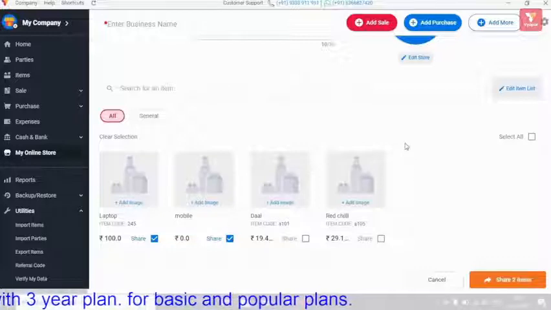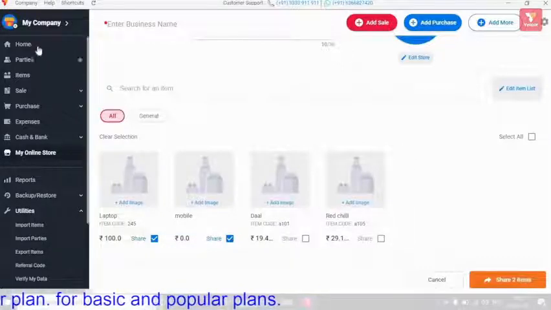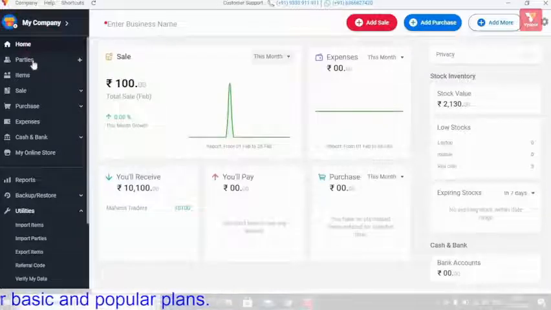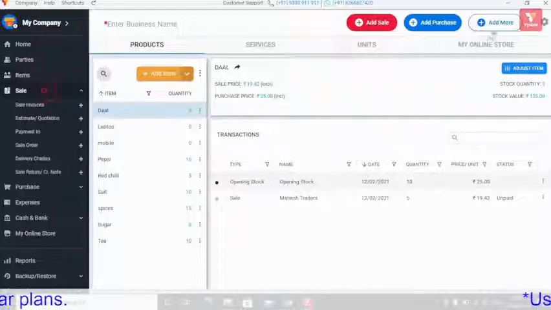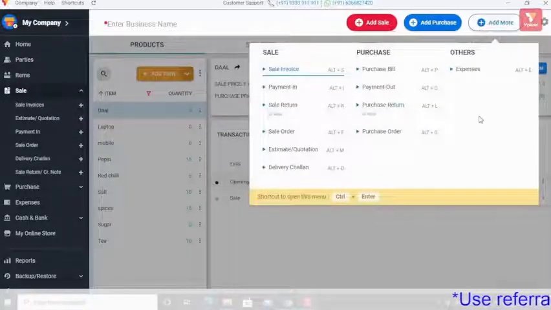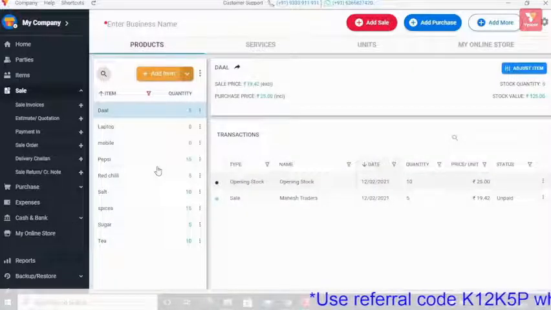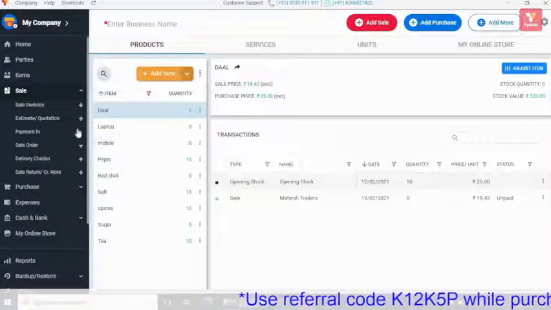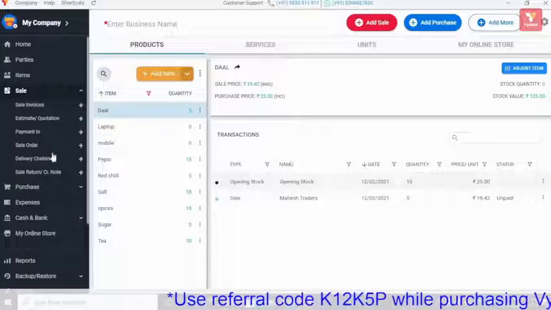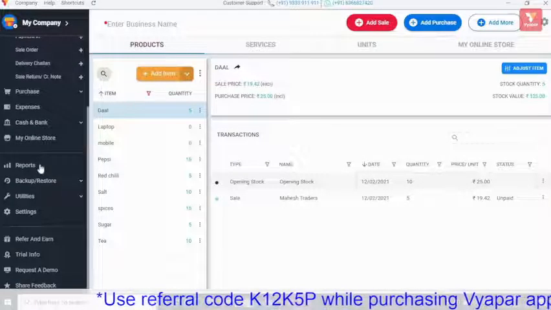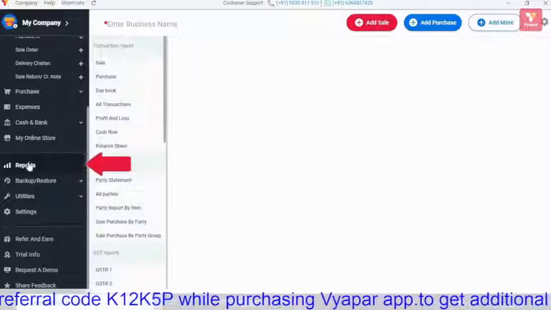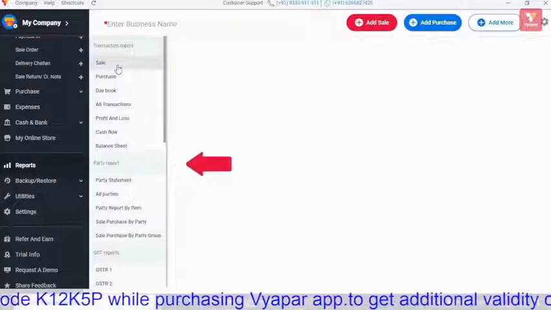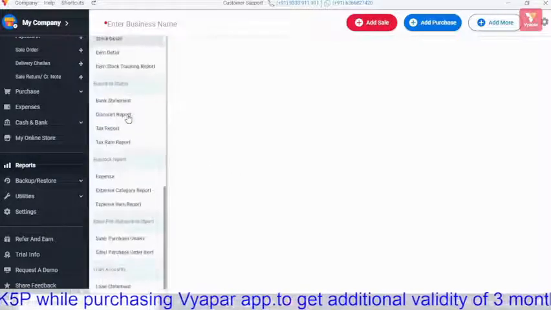So in this way we learned how on Vyapar we can create our own online store, add parties and items, and also how you can create sale invoices and all such transactions. But we all know that in business, along with billing and inventory, accounting is also important, for which we need to work very hard, but Vyapar creates all such accounting reports for you. For this you will click on the reports option present in the left menu. Here you will find all financial reports and daily reports. These reports are updated automatically in accordance with your transactions.